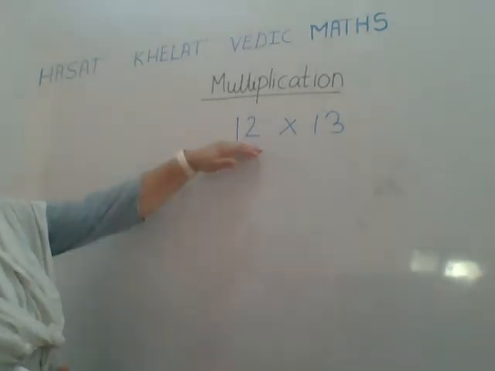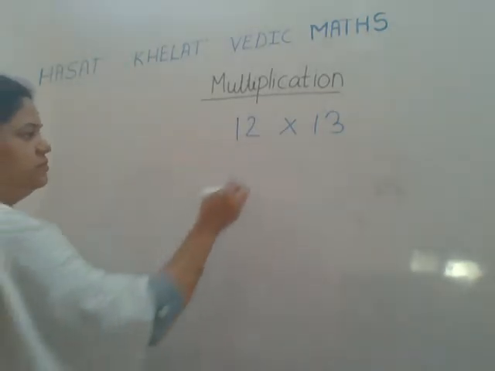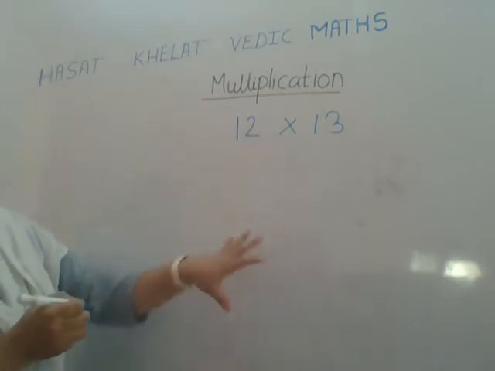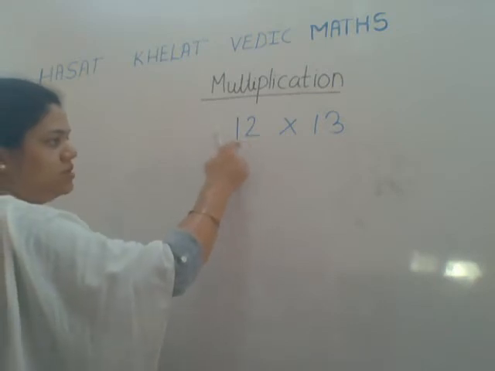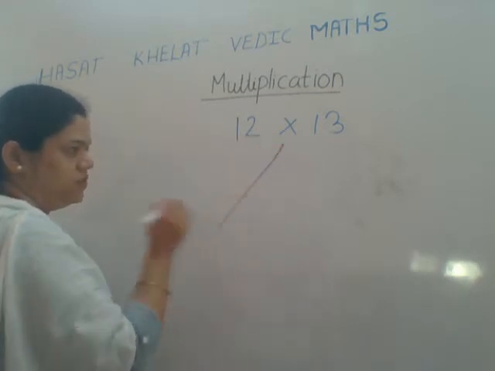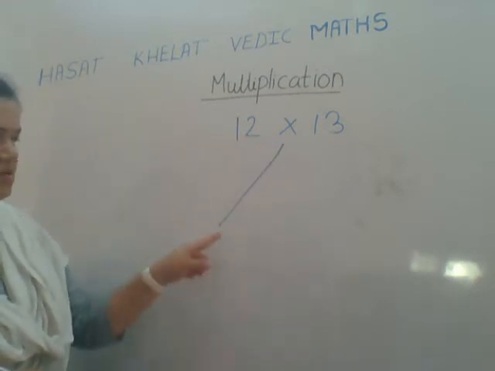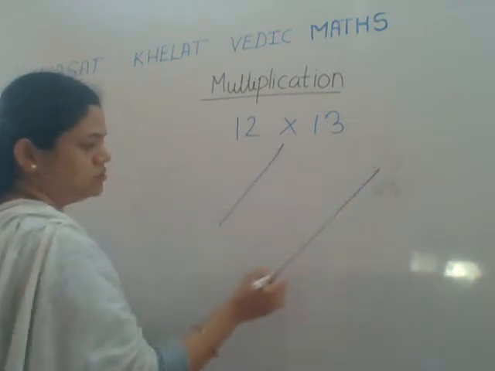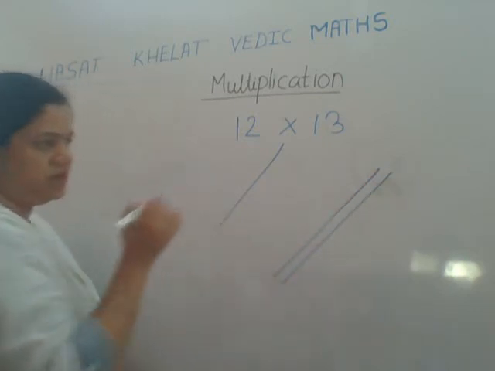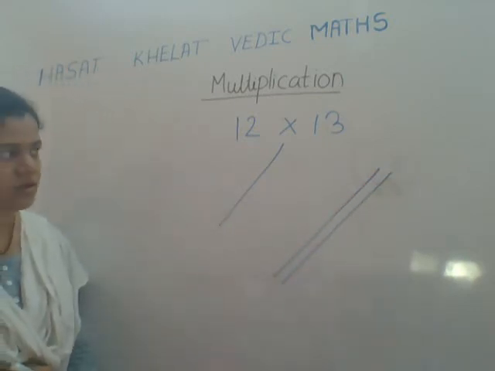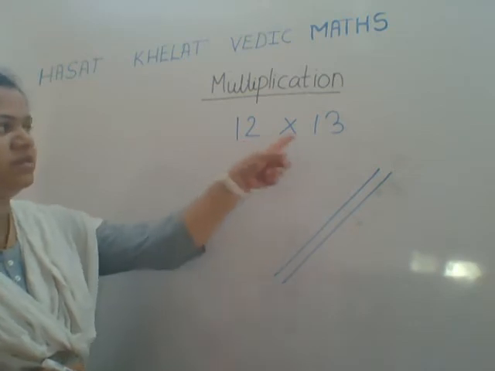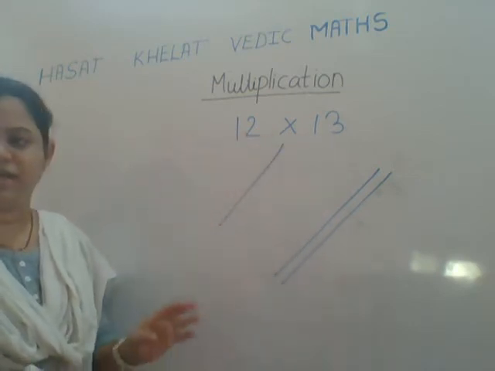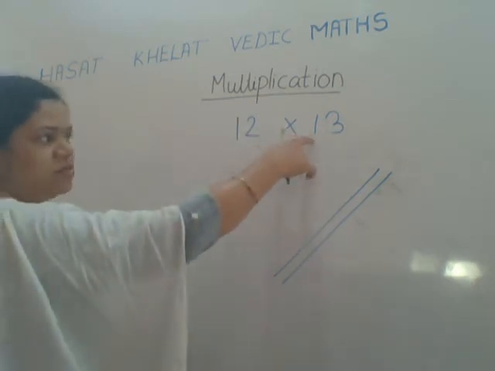Now, the first number is what? 12. I will draw this number in the form of lines. The number is 12, I will draw one line in this way. The first digit I have drawn as 1. Then the next is 2. I will draw two lines separated by a distance. Okay. Now we have to multiply this 12 with 13. For that purpose, now again I have to draw.